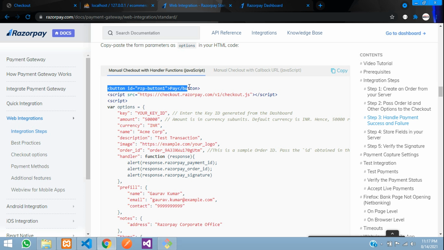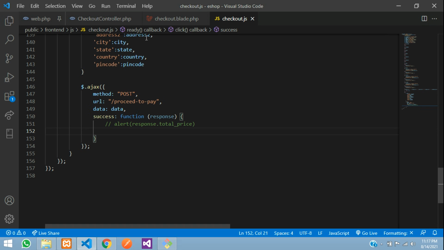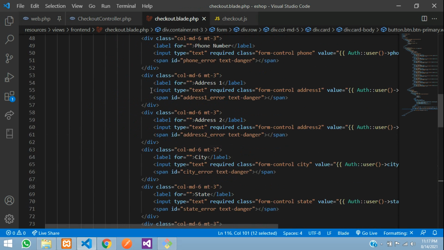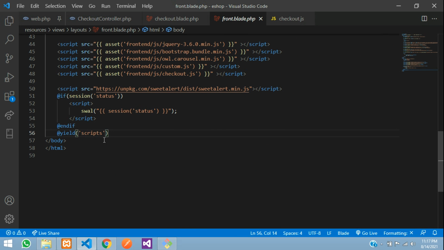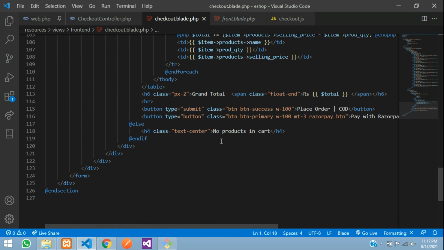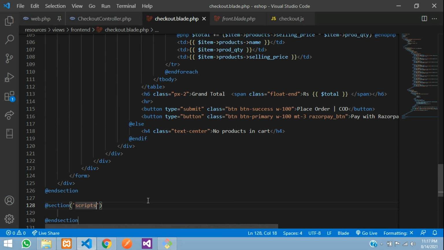So we don't require this button ID because we already have the right button, we have given that, and this script you can just copy that, and in the layout file of your checkout blade, so this script is there, right? So just create that in the section, or here, say section of scripts, and paste that link over here. Save,